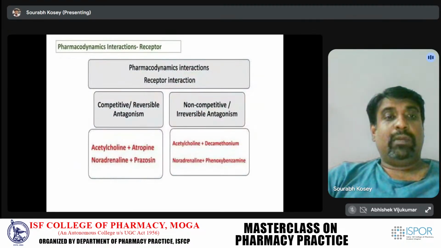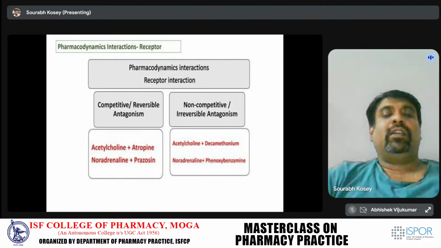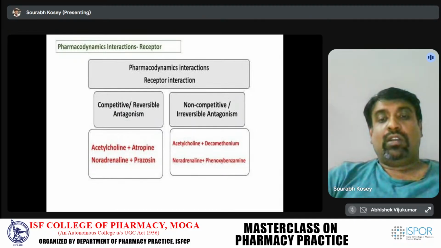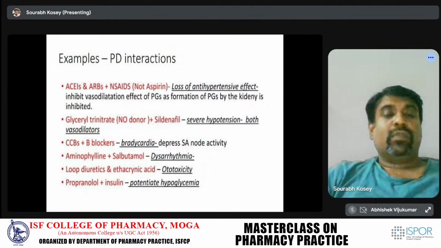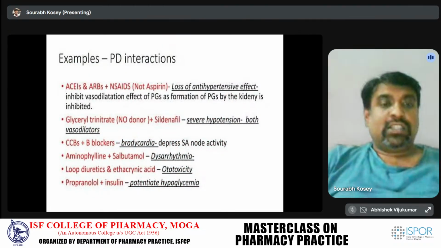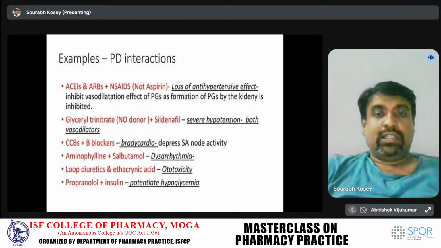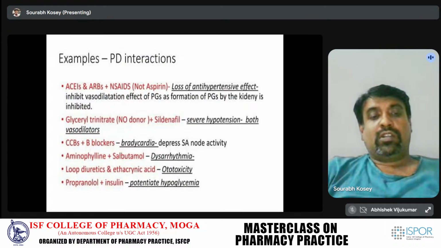And 1 plus 1, 0 is pharmacodynamic interactions at receptors, like acetylcholine plus atropine, noradrenaline plus, which is competitive or reversible antagonism, whereas non-competitive or irreversible antagonism, acetylcholine and decamethonium, noradrenaline plus phenoxybenzamine. So in these pharmacodynamic interactions, ACE inhibitors, ARBs plus NSAIDs, glyceryl nitrates plus sildenafil, calcium channel blockers plus beta